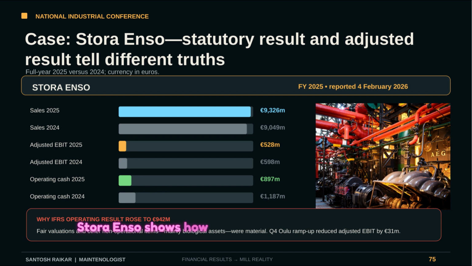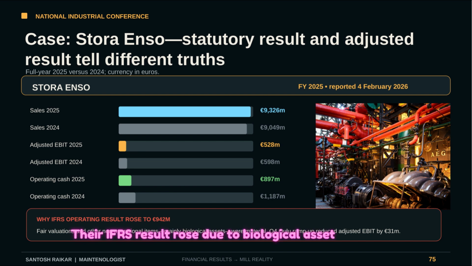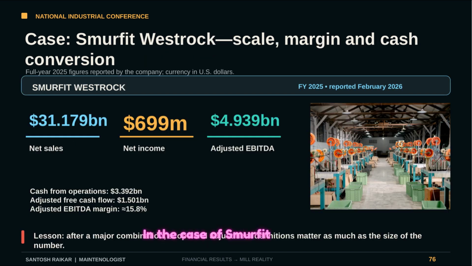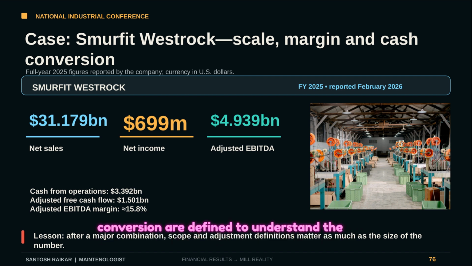Stora Enso shows how statutory and adjusted results can differ. Their IFRS result rose due to biological asset valuations, but their adjusted EBIT actually fell. For operations, the adjusted number is often the more repeatable truth. In the case of Smurfit Westrock, scale is massive, but scope and adjustment definitions are key. After a major merger, you must look closely at how EBITDA and cash conversion are defined to understand the true